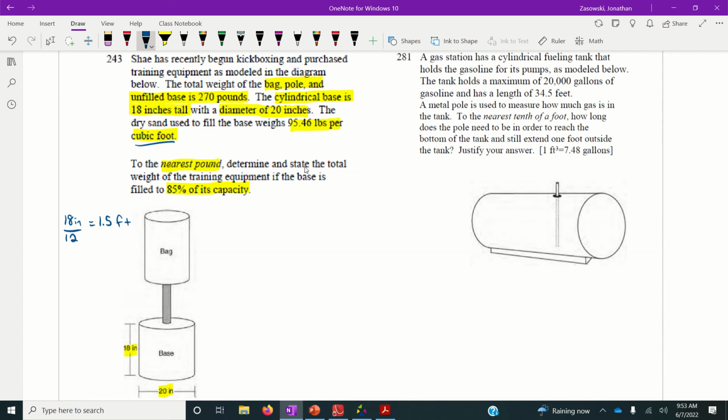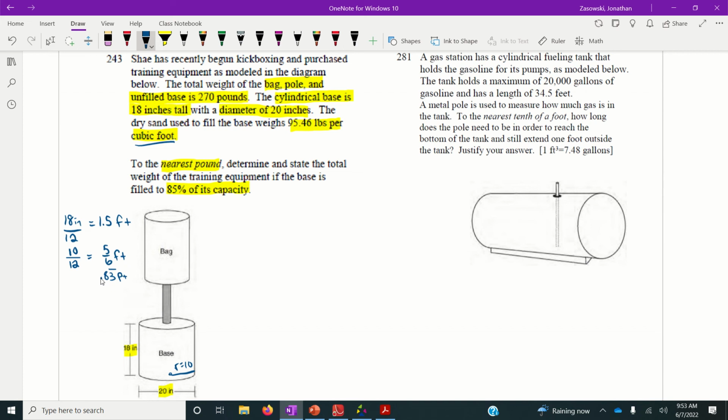And here's the other one that's a little bit rough. Remember, we're doing the radius of the base, and the radius is 10. So this is not going to be a nice number. So 10 divided by 12, we can just reduce down to 5 over 6. And that's the number of feet. Okay? 5 over 6, by the way, is 0.83 repeating. So if you would rather use this number, make sure you put the little line over the top for that